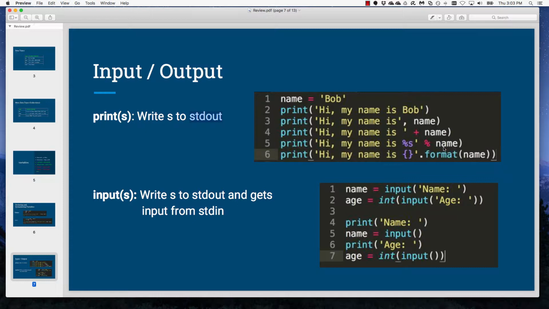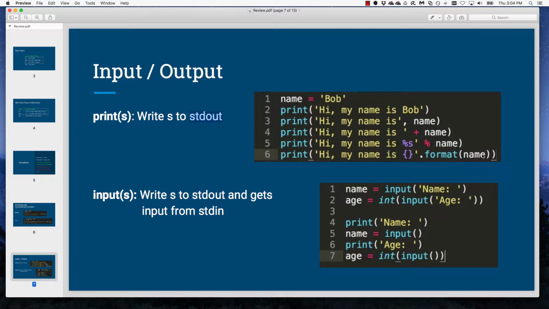Another way to do a formatted print is to use these type of placeholders, curly brackets. There's a whole section in the book that talks about how you can do this, and there's different specifiers that we can put inside those curly brackets to limit the field width or the number of decimal places after the decimal point. In its simplest form, it's just an open and close curly brace,